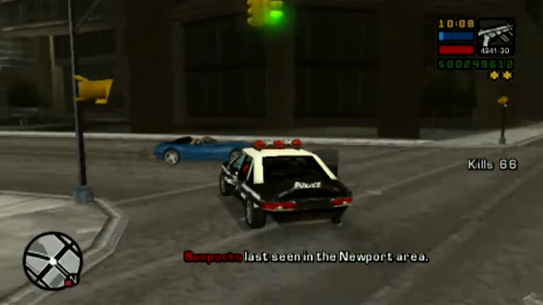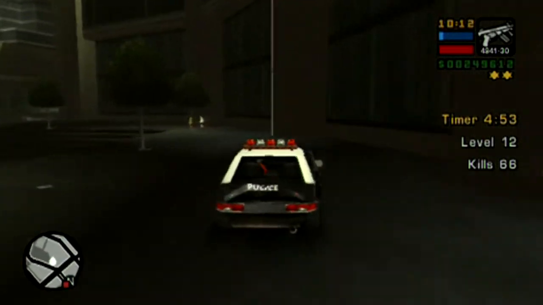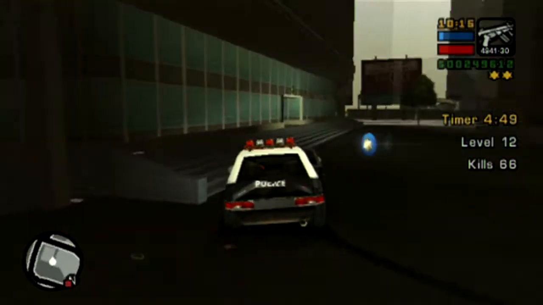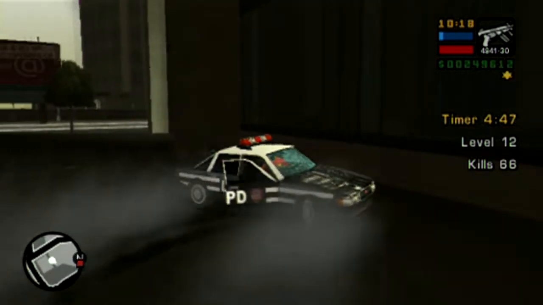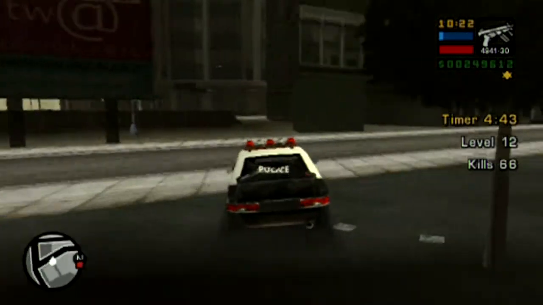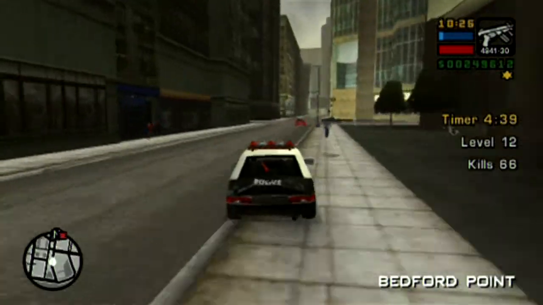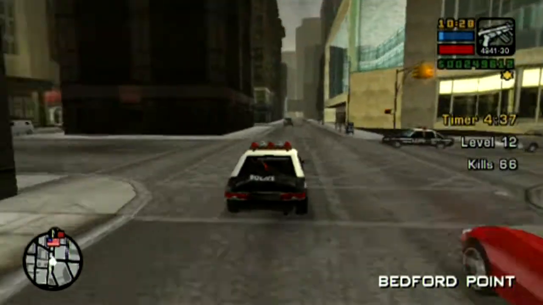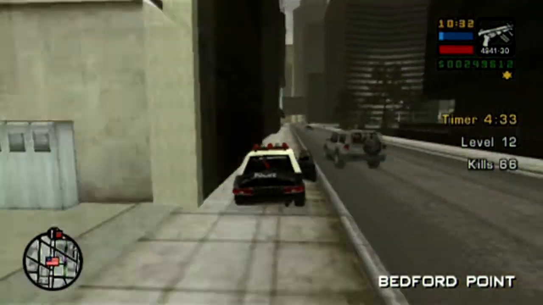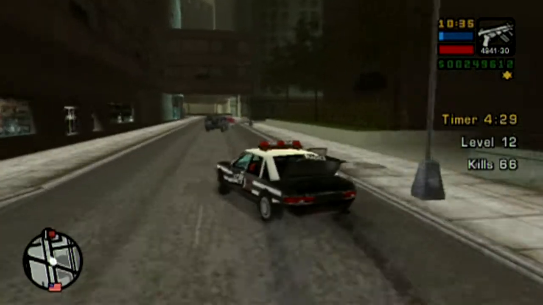And there's a very strong chance that your police vehicle is going to get beaten up over the course of doing this. So a recommendation, in the chance that there isn't a more fresh police vehicle nearby, is that you should go to your safe house and park the police vehicle inside of it, and then exit the garage, and then re-enter the garage, and it will be repaired, since you cannot use the pay and spray in a police vehicle,